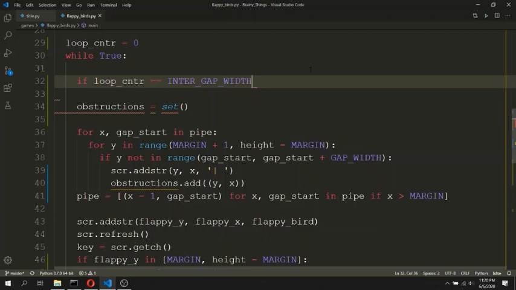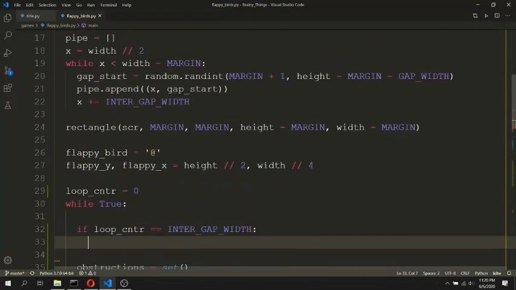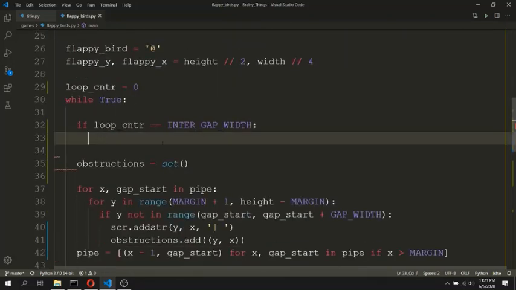So if loop counter equals intergap width, we should add more pipes to the game, and we have the code for generating new pipes. So gap start and pipe.append. So we will copy this and paste it over here.